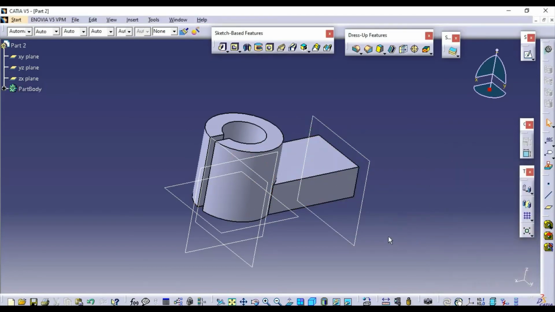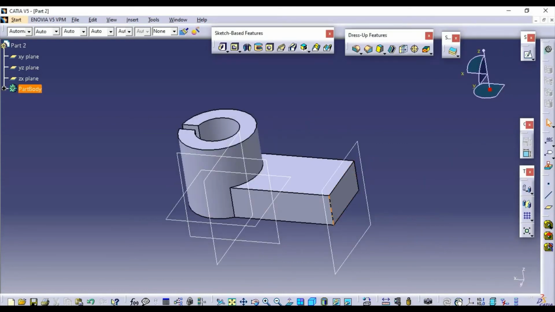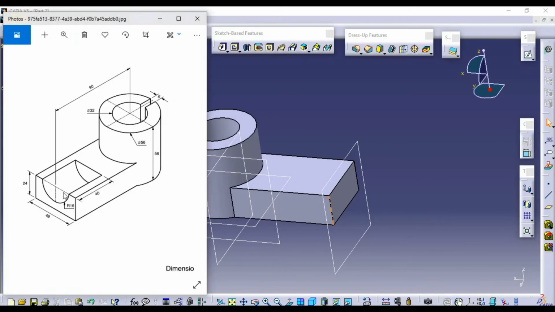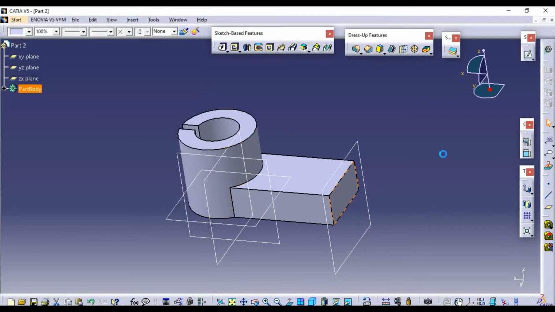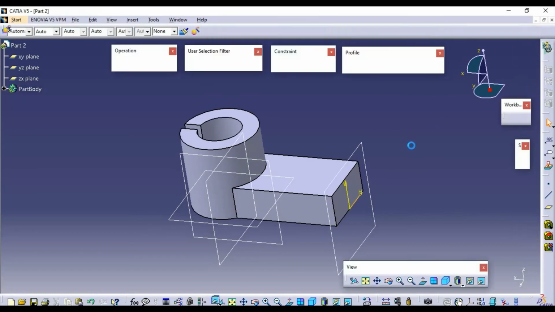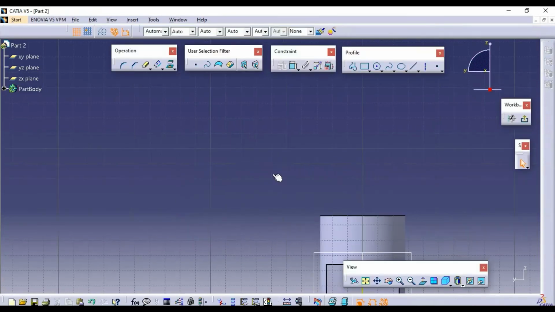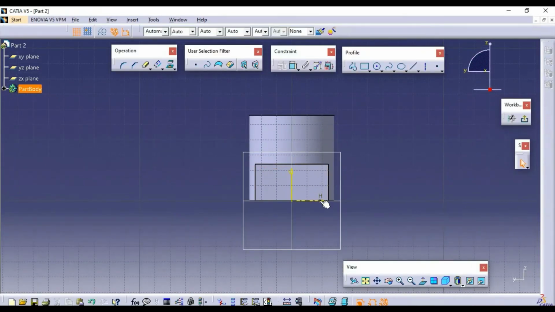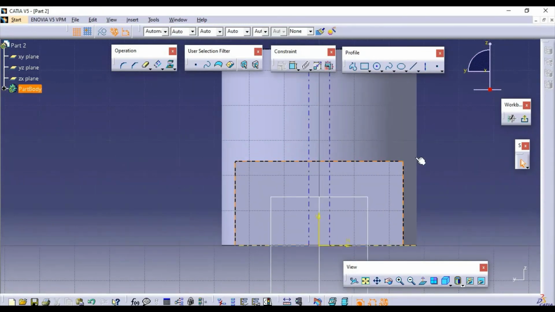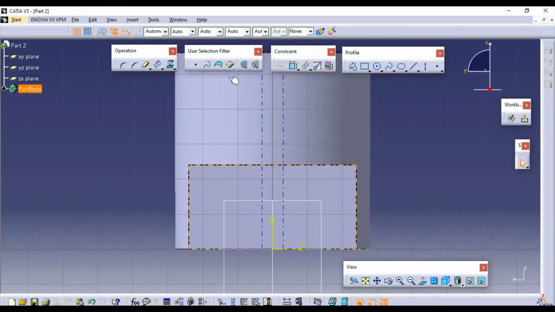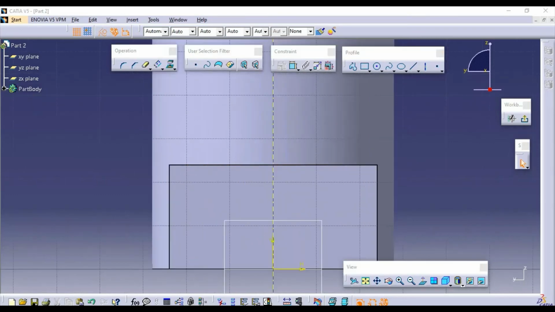Again I am going to select this face. We need to make one more sketch here. We need to make an arc and then a pocket of 40 mm. I will select the face and then Sketch. Here I am going to make a circle with a radius of 16 mm.